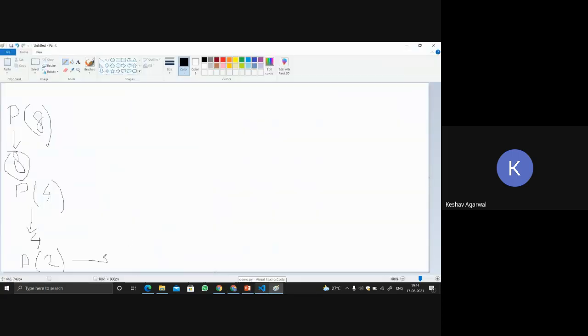Now again it will print 2 and call function p with 2 divided by 2, which is equal to 1. Now again this function will print 1 and call function p with 1 divided by 2, which is equal to 0. Correct?